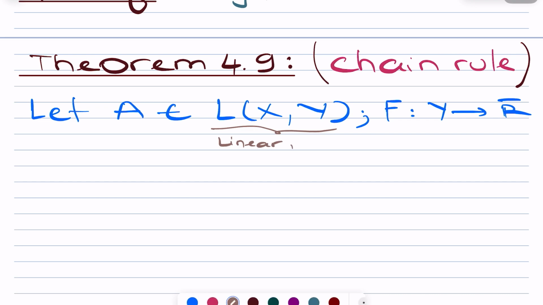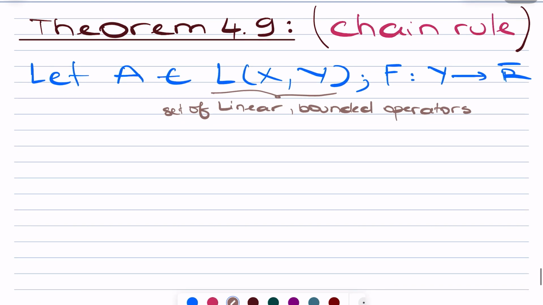This is the set of linear bounded operators. So let A be a linear bounded operator,